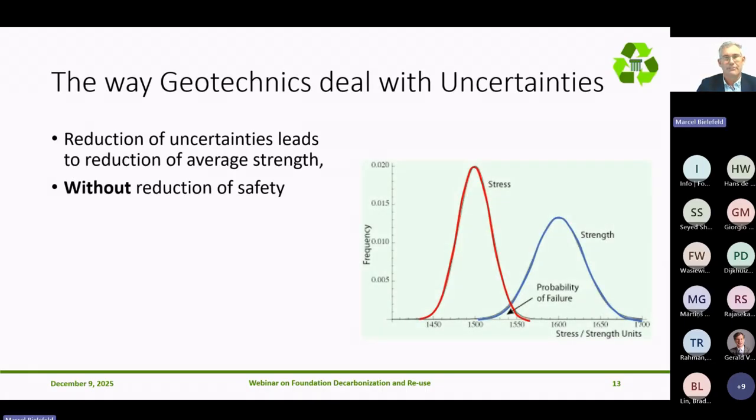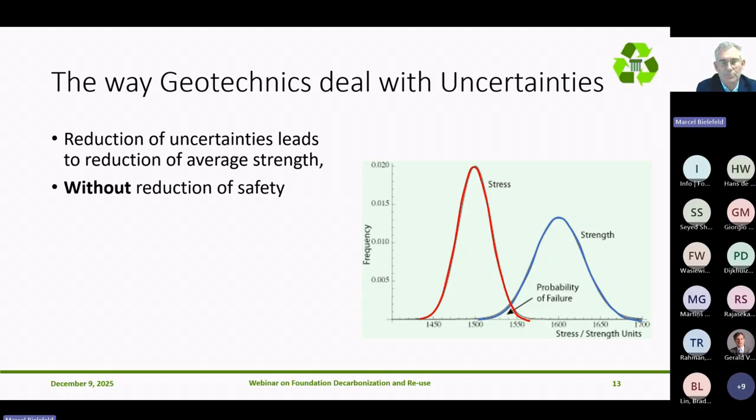Dealing with uncertainties has always to do with a safety philosophy. I'm sure you're familiar with this type of graph. Forget about the numbers along the axis, but in general, the strength should be higher than the stress. But the stress and the strength come with a variation. There's an average and there's variation on it. If you look at the load, or in red, the stress,